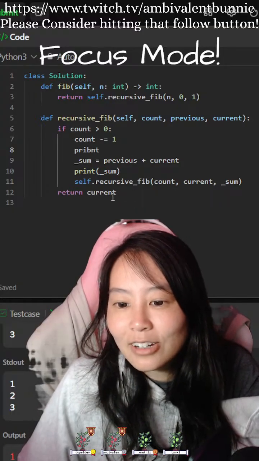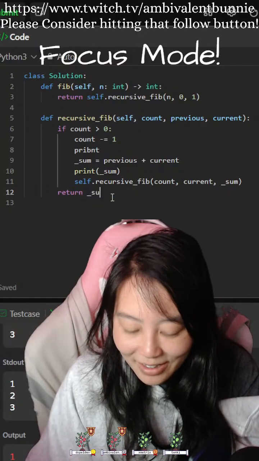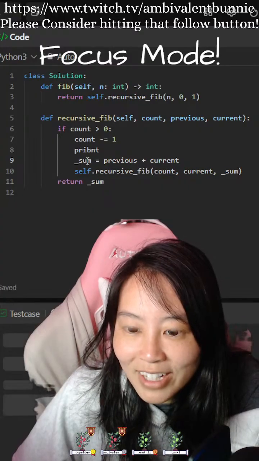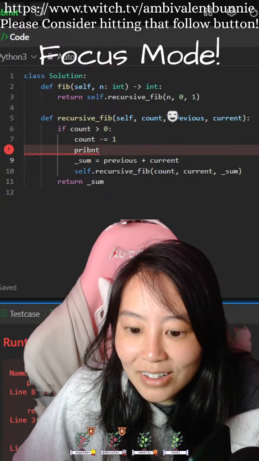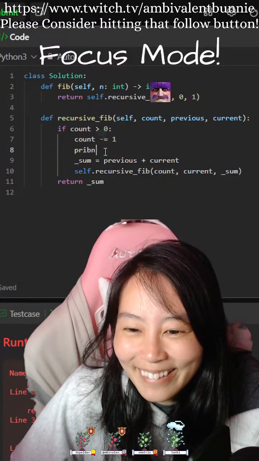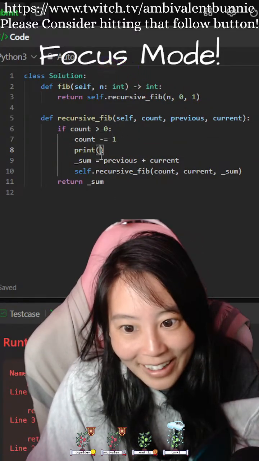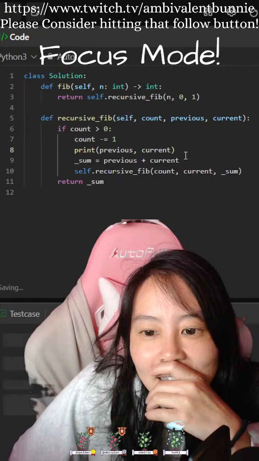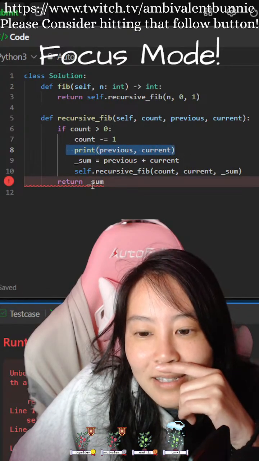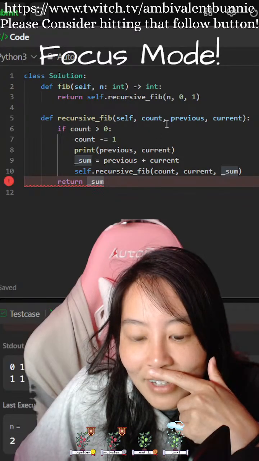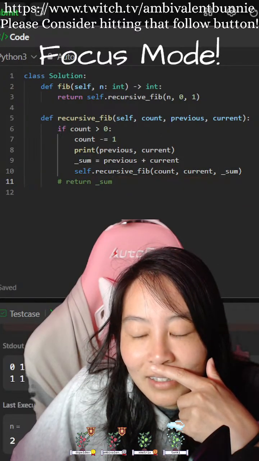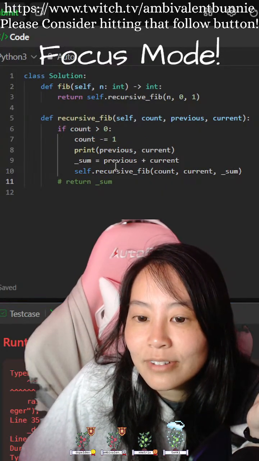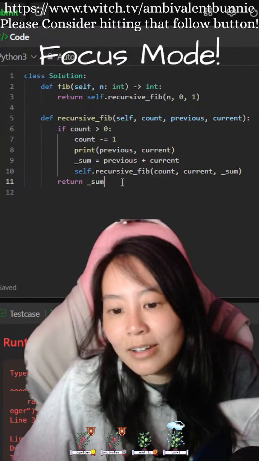Yeah, I know I'm returning current, but that's because I think if I return sum, it doesn't exist right now. Hold on, guys. Yeah, it's because if I print sum doesn't exist. So anyways, let me just see what's going on. None value is expected for the return type. Oh. Okay.